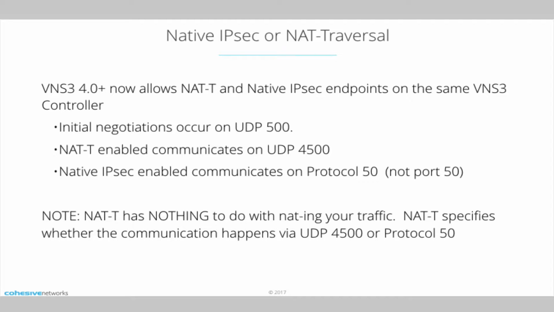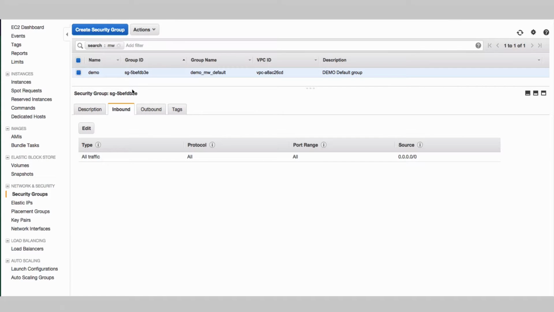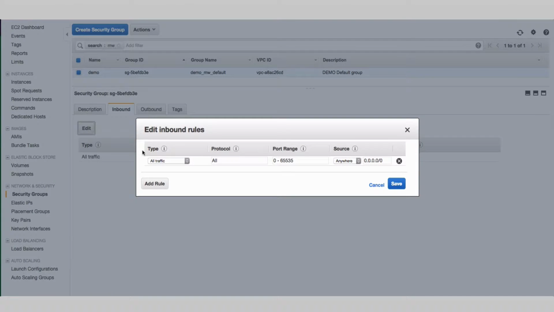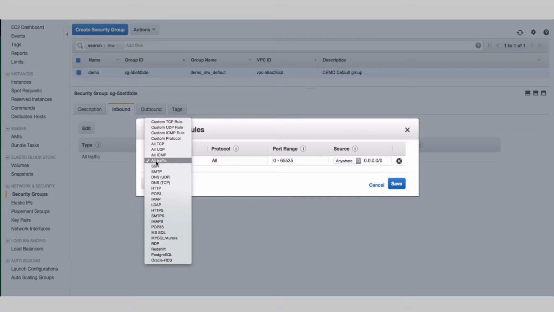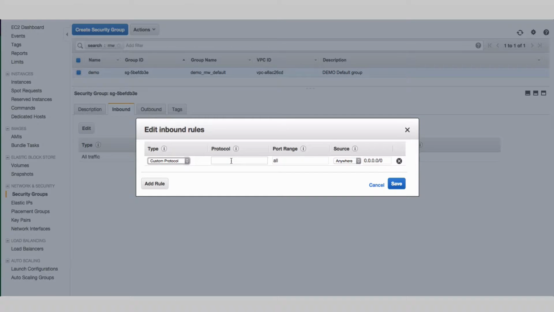If the device you're communicating to is on the internet edge or is behind a device that can do protocol forwarding, you can use native IPsec, and then that uses protocol 50 again. It's not port 50, and you'll see it if you've ever set up the Amazon VPC security groups. In the security groups, you can have custom UDP rule, custom TCP rule, and then you can also pick